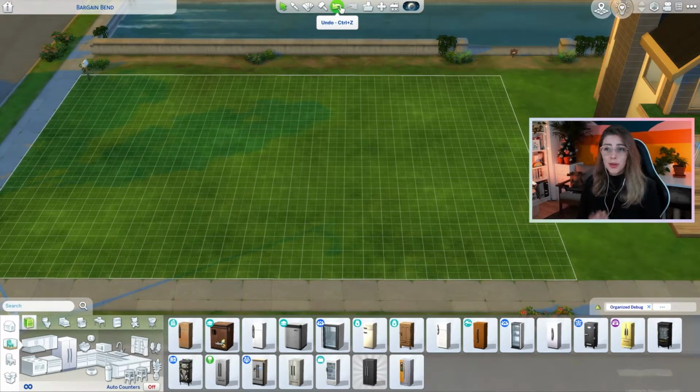Good to know, if you are a familiar user of Microsoft Office, you can use Ctrl-Z to actually also do this. I tend to do this a lot in my work, and it's very lovely that it also works in The Sims. The next symbol is Save to Library, and Save to Library basically means that you can